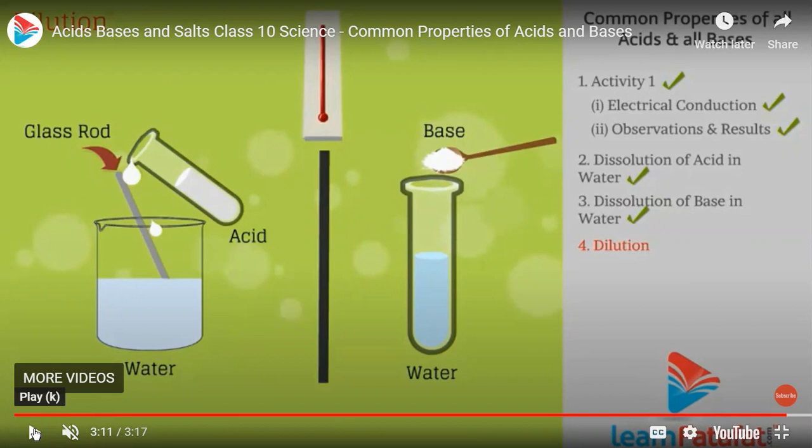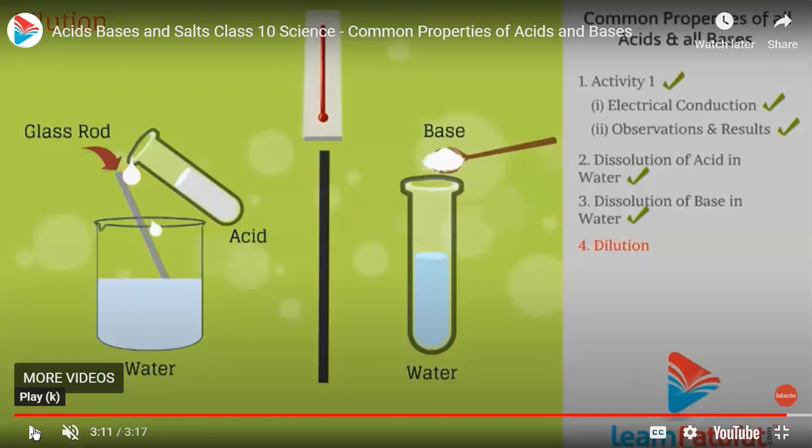Similarly, in case of base, when we are doing dilution of bases, that means we are reducing the OH minus ions present in a particular base. So we take water, we add base to the water, due to which the number of OH minus ions will reduce and dilution of base will take place. I hope the dilution process is clear from the video, how we have to do the dilution of acids, what we exactly mean by dilution of acids, and why we don't add water to acid, and why we prefer to add acid to water.